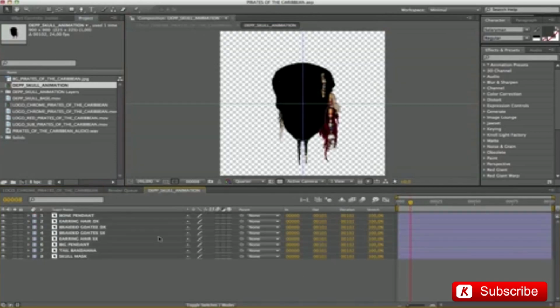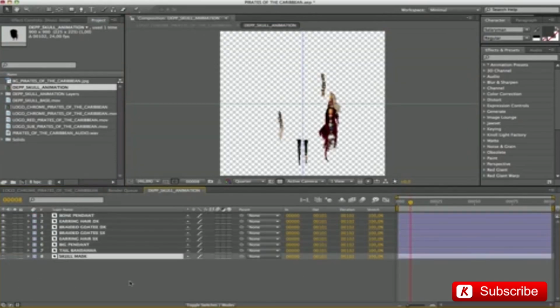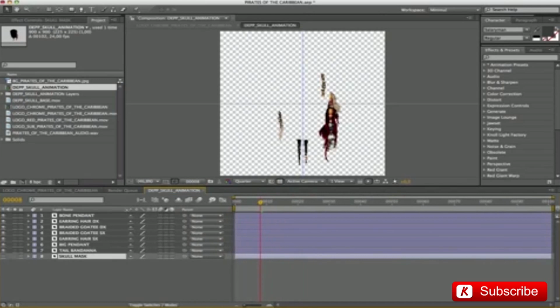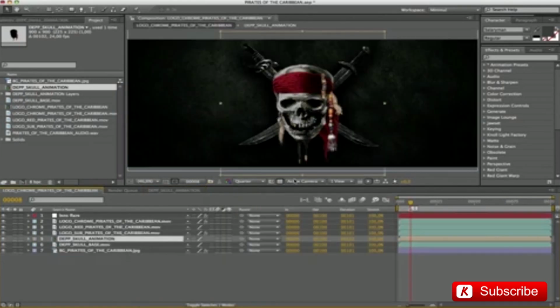Disable the skull mask layer. As we can see, the skull has a faster animation. To synchronize our ornaments,